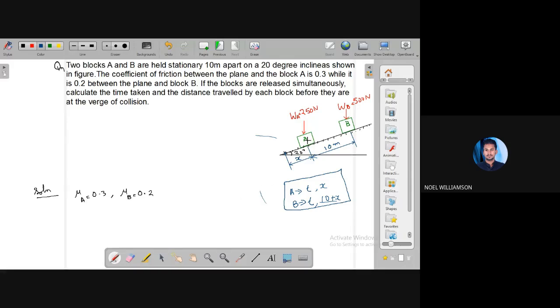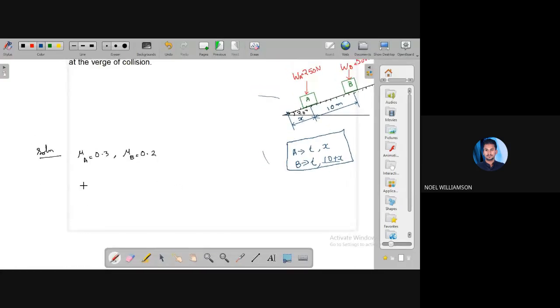So the first case, A, we will consider the free body diagram for body A. Free body diagram of body A. Let's consider A. So this is A,